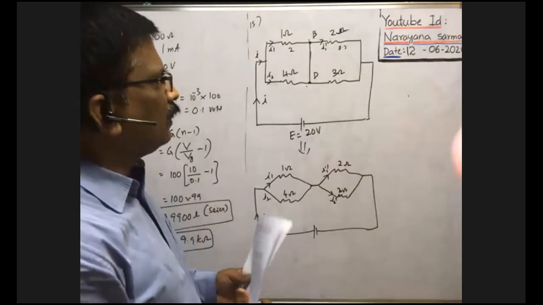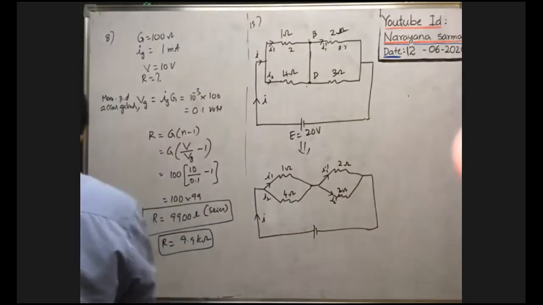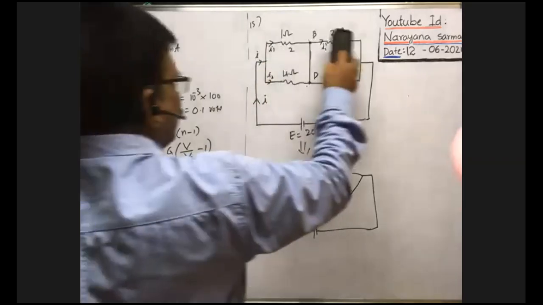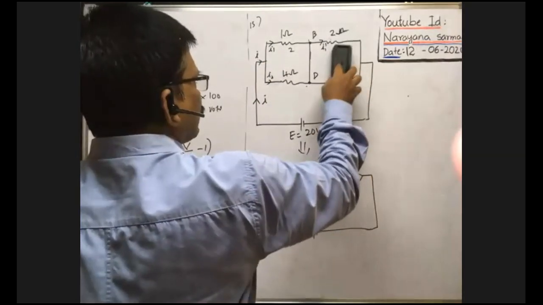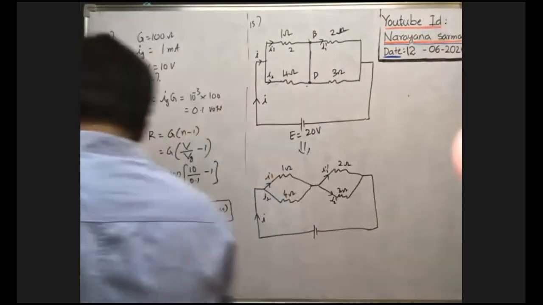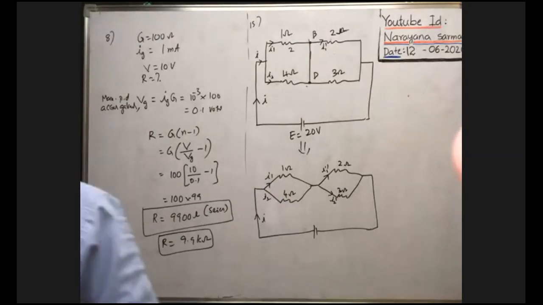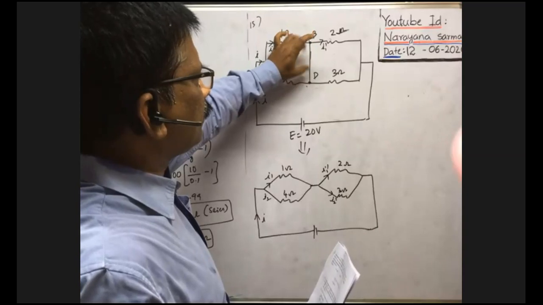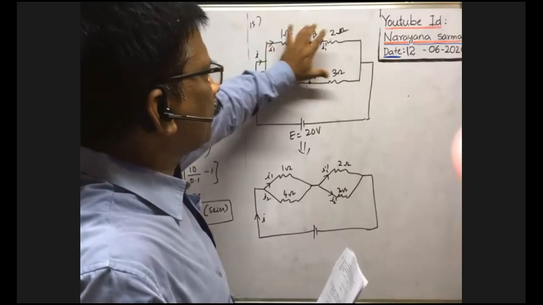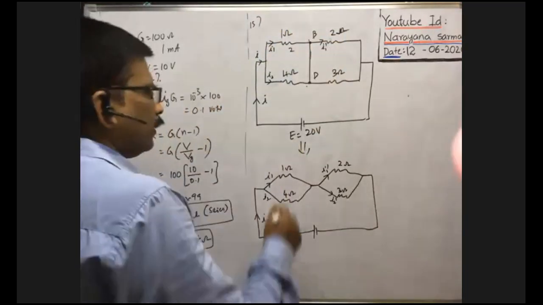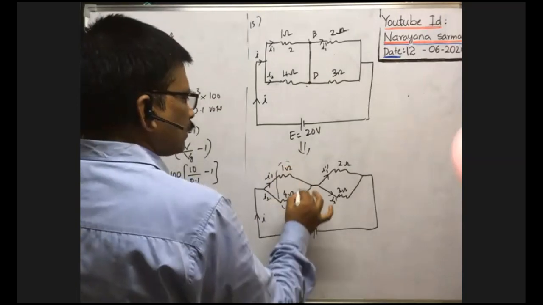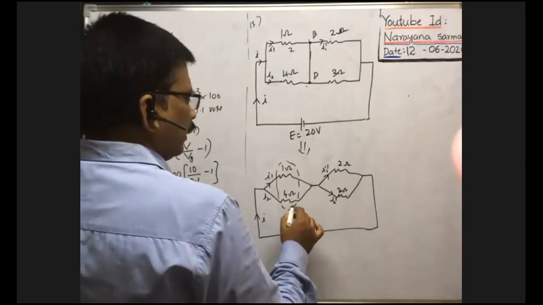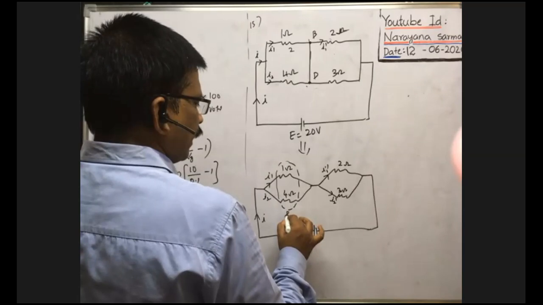So first of all, we have to find the current through this resistance and this resistance. For that, what do we have to do? You see, as these two resistances are connected by means of a conducting wire link like this, these two are parallel, these two are parallel. What is the effective resistance for this? Effective resistance is say R1. R1 is equal to how much?